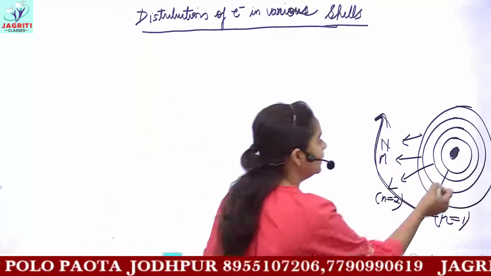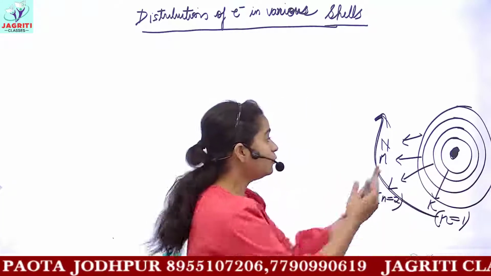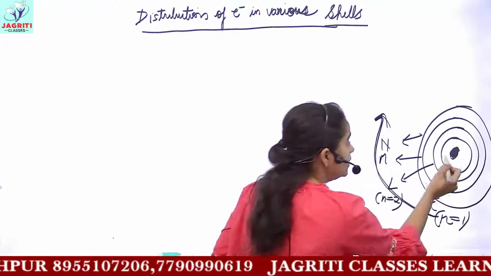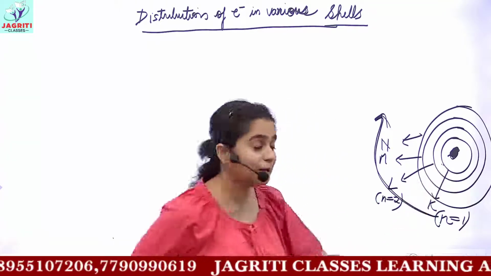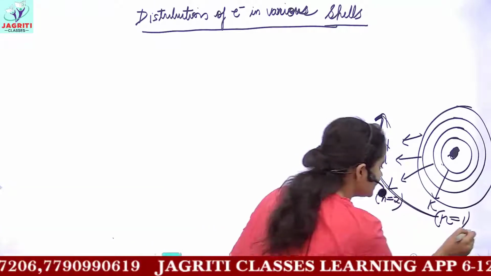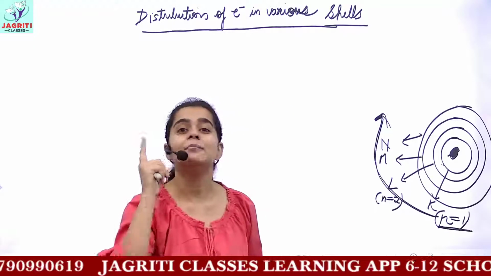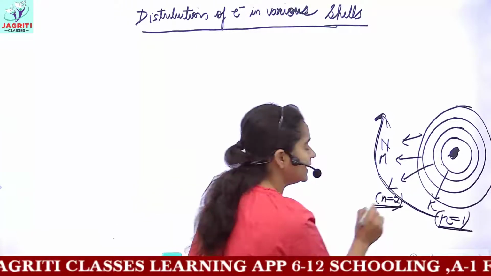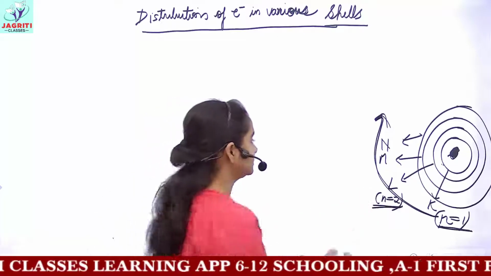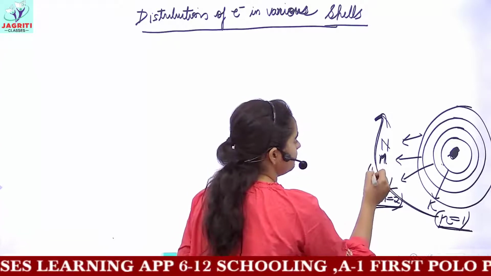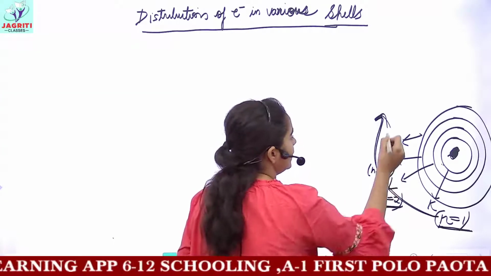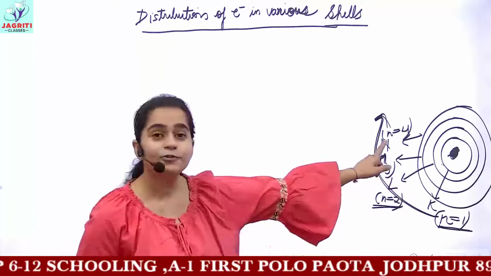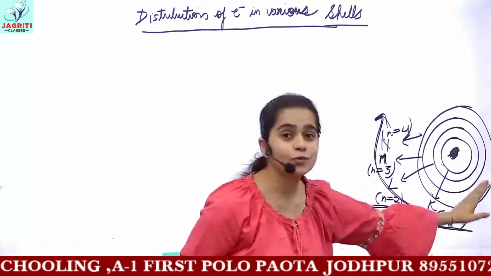If you are standing on this nucleus and you are moving outwards, going outside the atom, the first shell which you will encounter will be your K shell. Okay? So this has level 1 or the orbital number 1. Similarly, when you step more forward, you will find the second shell, which is your L shell. For the M shell, the value of n is 3, and for the last shell here, that is the N shell, the value of n is 4. So this is Bohr's model of an atom.